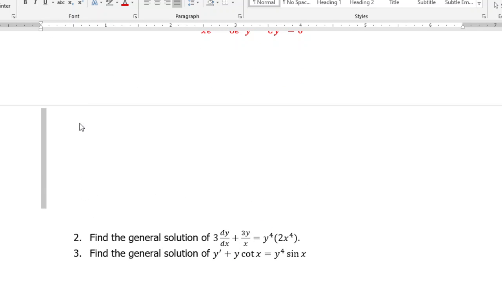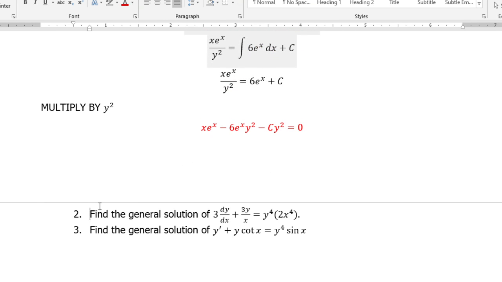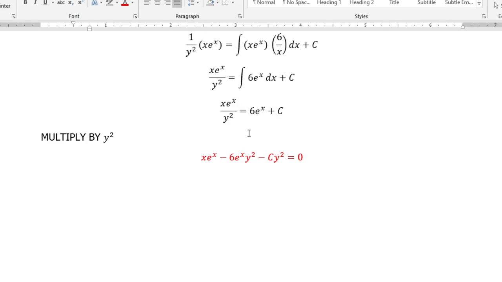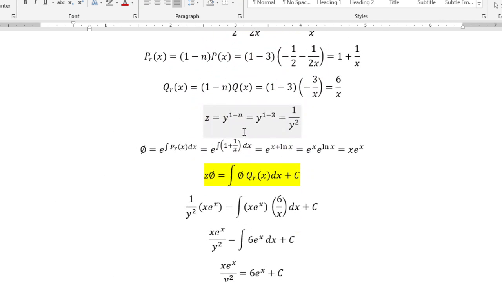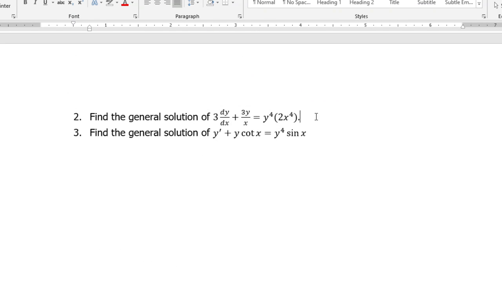Kasi, kinompare ko yung answer, nagkamali pala tayo. Okay, so, punta naman tayo sa